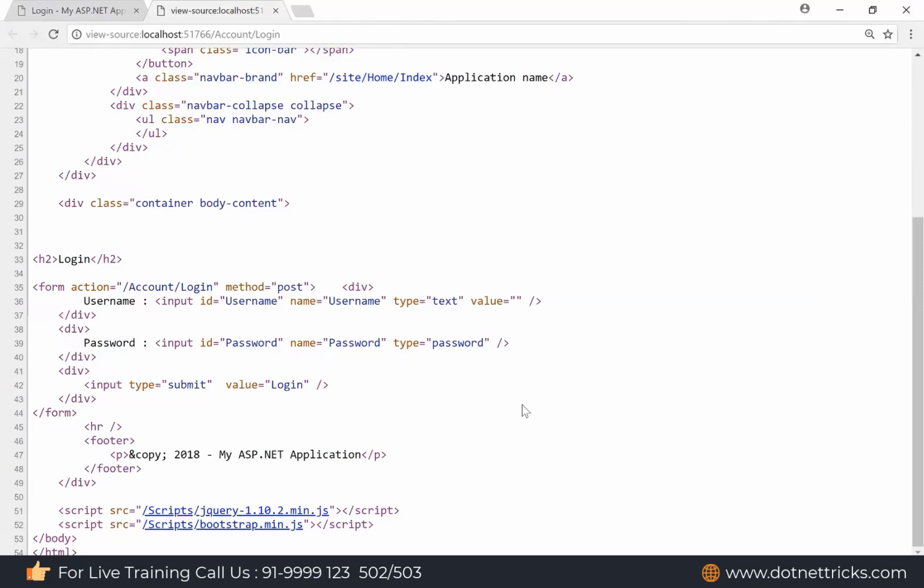It is HTML behavior, because ID we can use to manipulate the input element on the client side. Name we can use for receiving our input control value on the server side, and it is everywhere, whether you are using ASP.NET Web Form, PHP, Java, MVC, everywhere the same rule is applicable. So let's see how to receive the value on the server side.